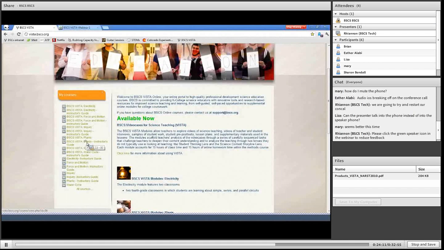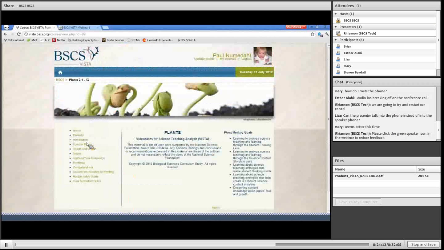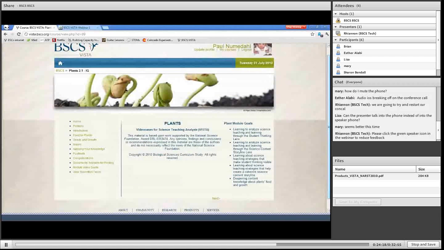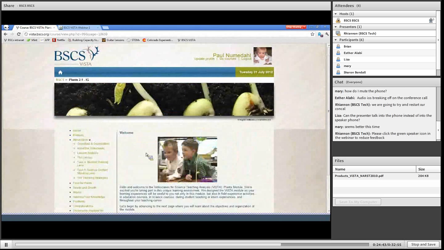The instructor module is like the teacher guide or the teacher edition of a textbook. It looks the same as the student edition, where you would do all of the work, where the students submit tasks, where you view submitted tasks by students, but it also includes an instructor guide. So here we now have plant module goals. If we click onto the introduction,